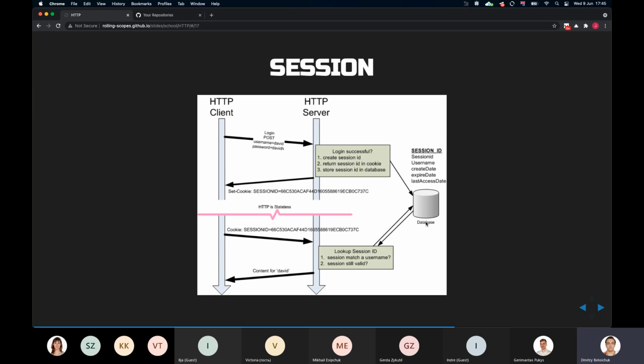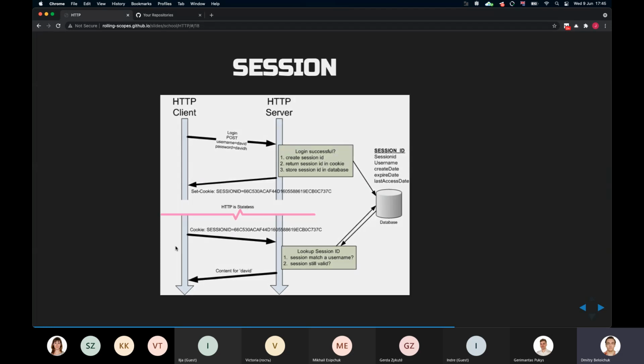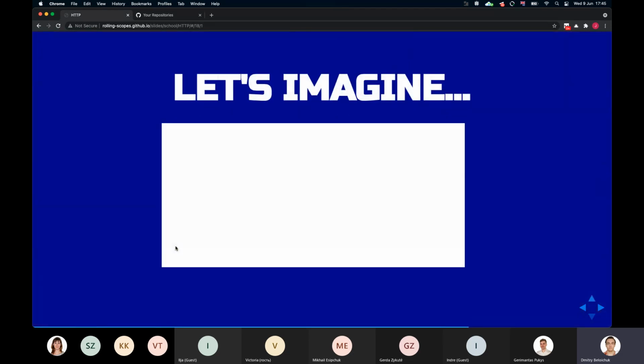And we call this process a session establishing process. Cookie is one of the ways to do that, actually. So without going into much of the details, session is all about the server not remembering us personally, but recognizing us when we send the cookie with every request that we make to that server. And again,